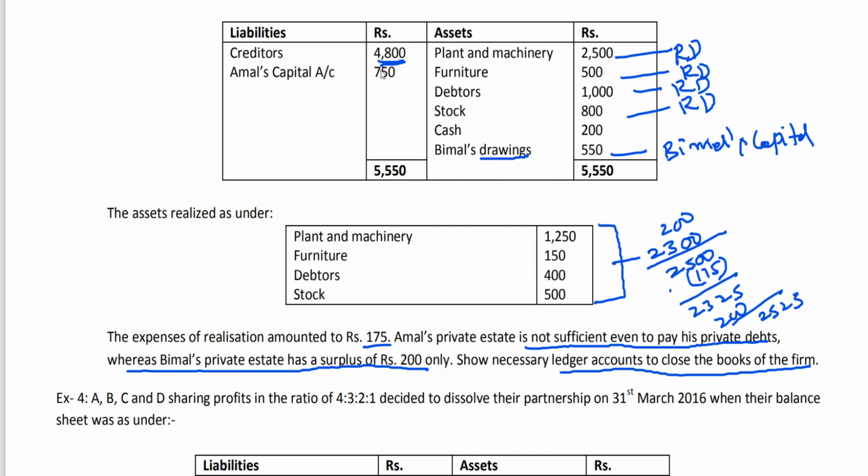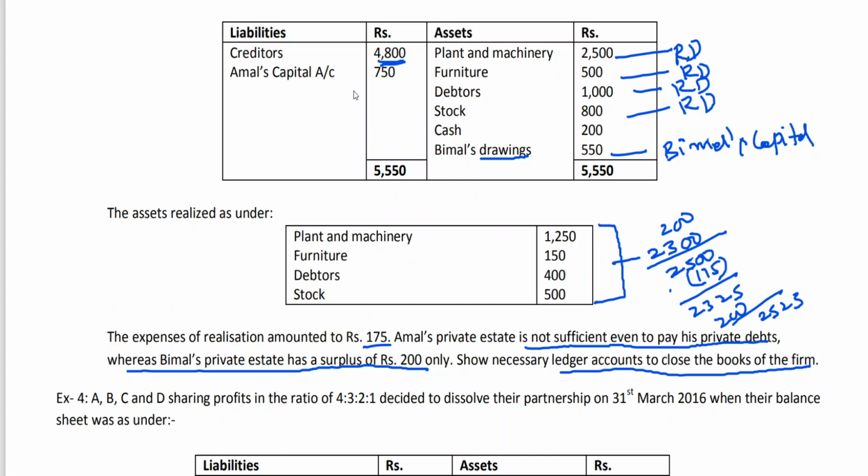Now, in such a case, don't transfer creditors to realization. Please try to understand. Don't transfer creditors to realization. The reason is that we don't know how much amount we can pay to creditors. That can be known only after opening which account? Cash account. Previously we used to do balance in cash account equal to amount due to partners. But in this case, since the partners are unable to bring the amount, their capital accounts are showing debit balance, so you can't make payment unless you know the cash balance. That is why creditors account will not be transferred to which account? Realization account. Got it, all of you? When all partners have become insolvent, don't transfer outside liabilities. Not only creditors, any outside liability also can't be transferred to realization account. This is one point you should remember.